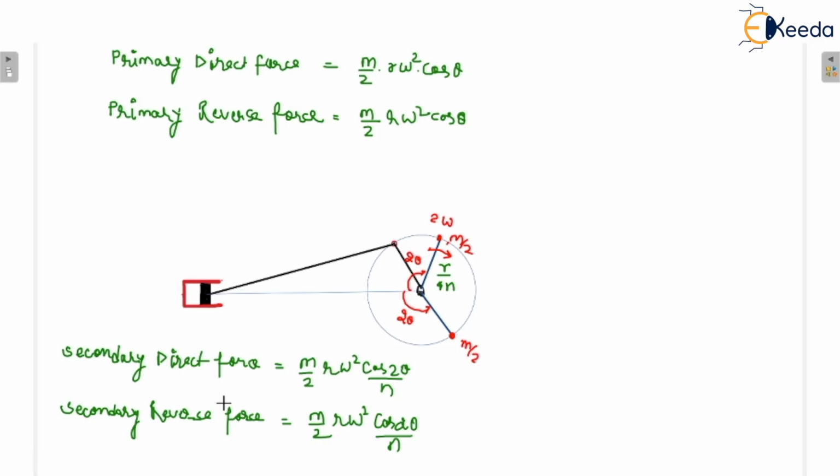So this was the reverse crank and the direct crank method. We will do the numerical questions, because on this topic the numerical question is going to be asked. And why have we used this direct crank and the reverse crank method? Actually, this technique is basically applied in the multi-cylinder radial engine just to determine the primary and the secondary unbalanced force along with their magnitude and the direction. You can see here we can calculate the magnitude as well as the direction.